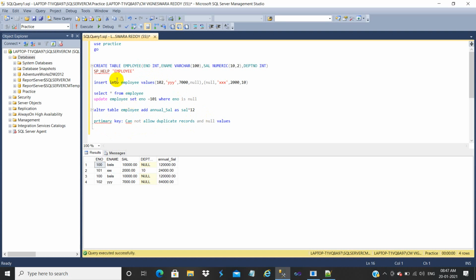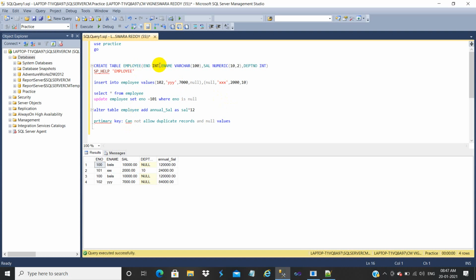One at the time of creating the table, the second one by using the alter statement. So you already created one table, so if you want to implement this primary key, you need to go for the alter statement. At the time of creating the first time itself, if you know this is the primary key,